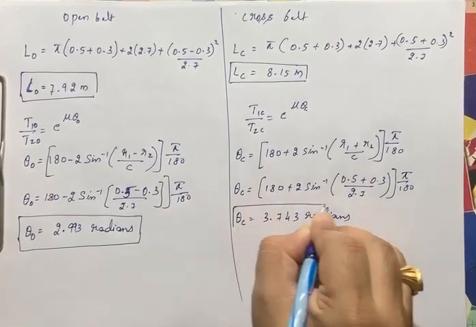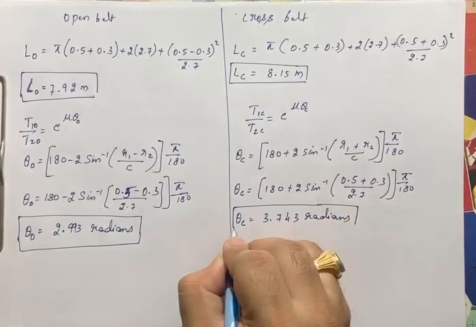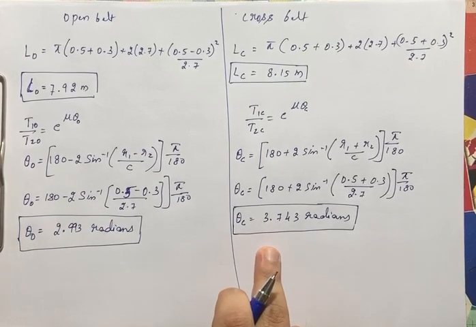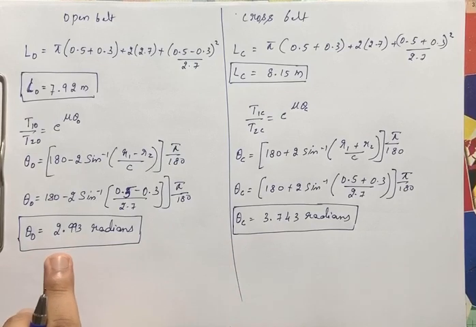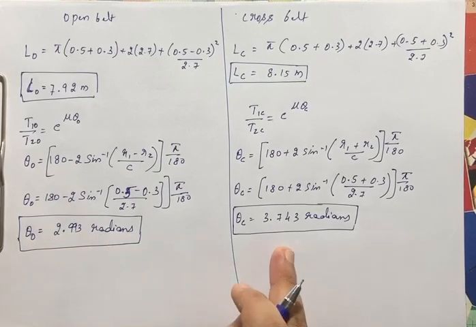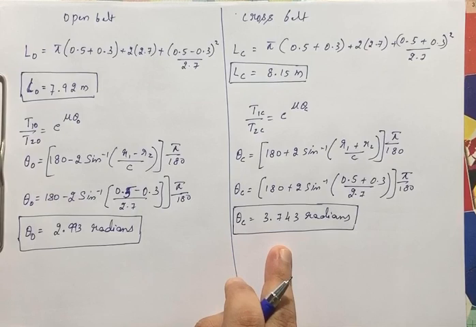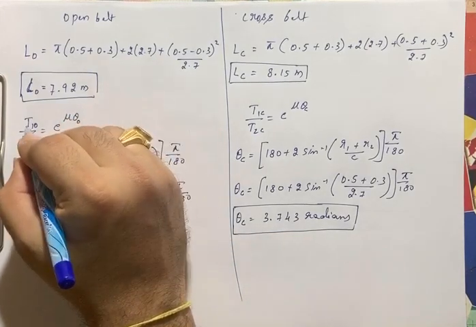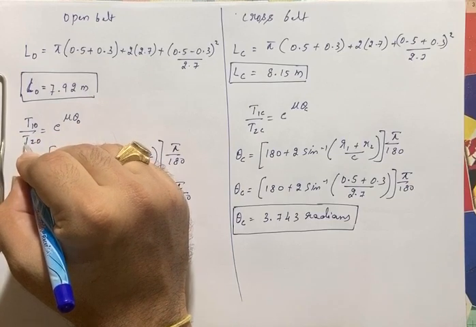Always remember, for the same diameter pulleys, the angle of contact for open belt drive is less than the angle of contact for a cross belt drive. Always remember this. The angle of contact will be less in open belt drive compared to that of the cross belt drive here. Right. Now we got theta O, we know mu, we don't know T1 and T2.